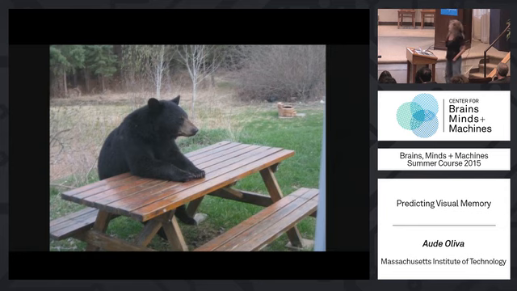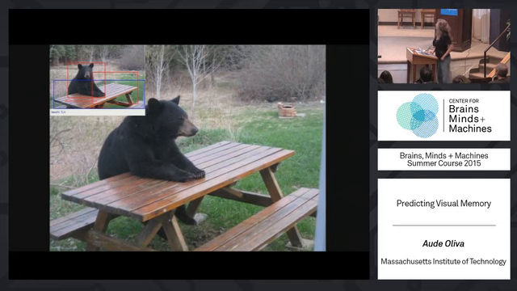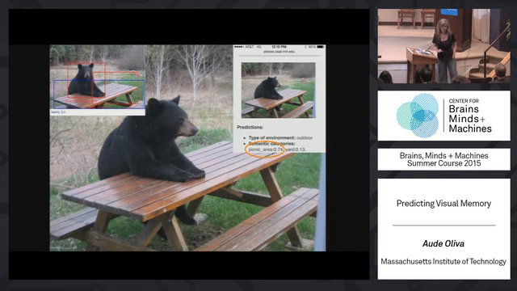Well, it's your Sunday morning, you're going to the picnic area and you're faced with that view, you take a photo. This photo actually became viral on the web, and here is the state of the art of computer vision systems. When it comes to recognizing objects, I know it's a different view, but it works very well for any view. Object recognition for about 1,000 object categories is reaching human performance so far. And so this will tell you this is a black bear, there's a bench, a table, and so on, and trees in the background. But it's missing the point that this is a picnic area.